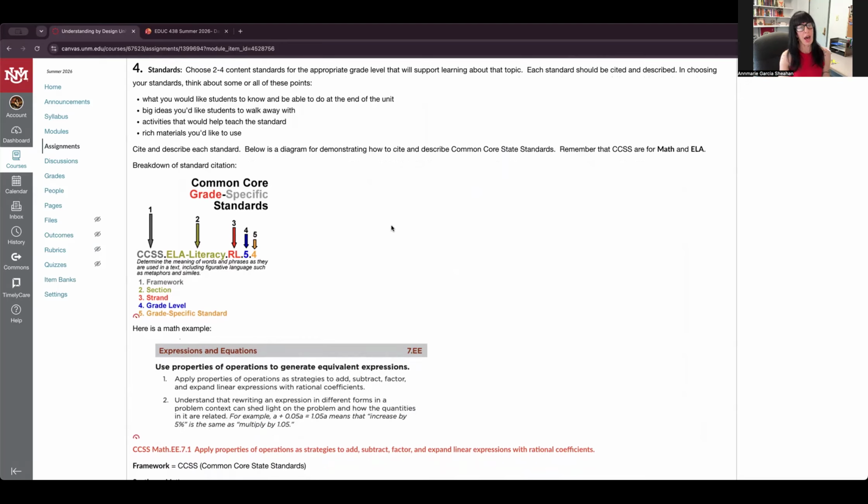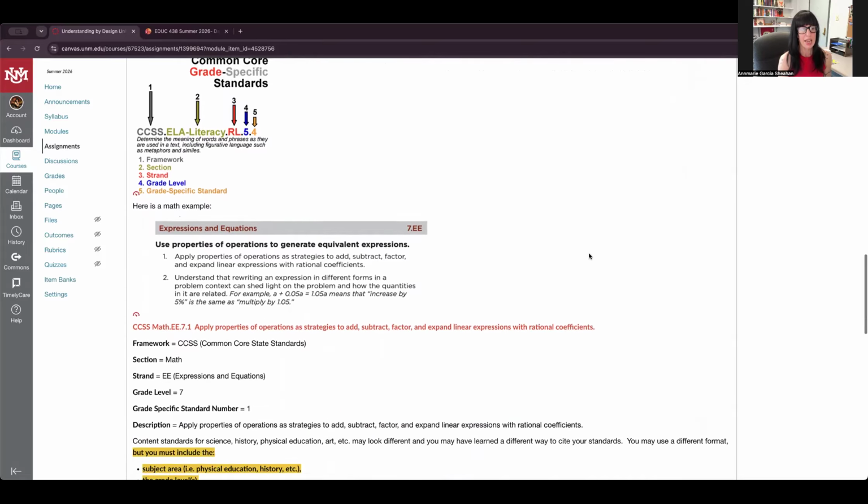Okay, so I have just some information below on how to cite a standard. Okay, Common Core standards are for math and ELA, but within that New Mexico standards document, you have standards for other subject areas as well. Okay, so for 4, you're choosing 2 to 4 standards, content area standards. Okay, now